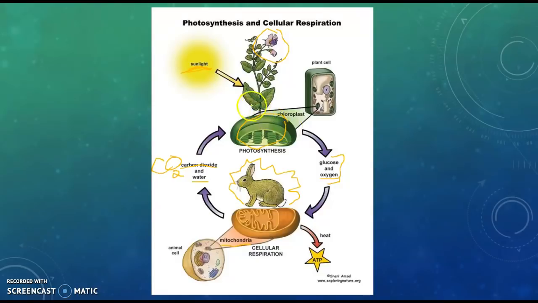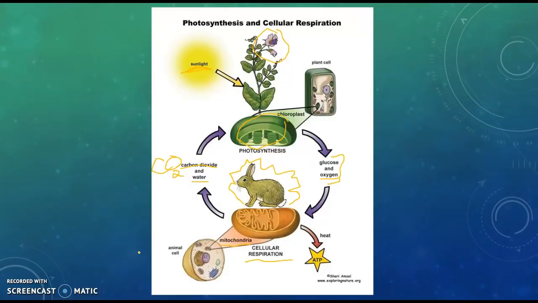What's nice is the plant makes the glucose and oxygen for itself because it wants to go through cellular respiration too, but the bunny is also going to benefit because the plant made glucose and oxygen that the bunny can now use. So the bunny goes and eats that plant and consumes the glucose the plant made, so then it can go through cellular respiration. Cellular respiration, remember, occurs at the mitochondria, and it's going to take the glucose that it consumed from the plant,